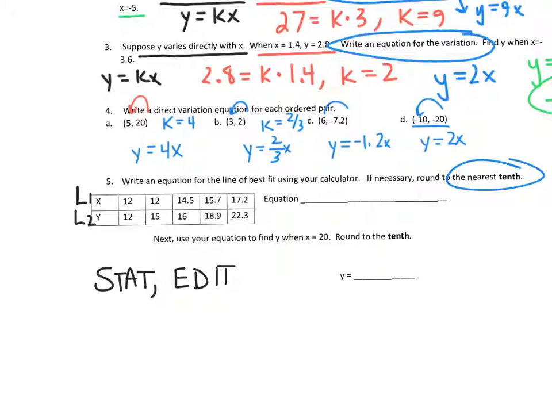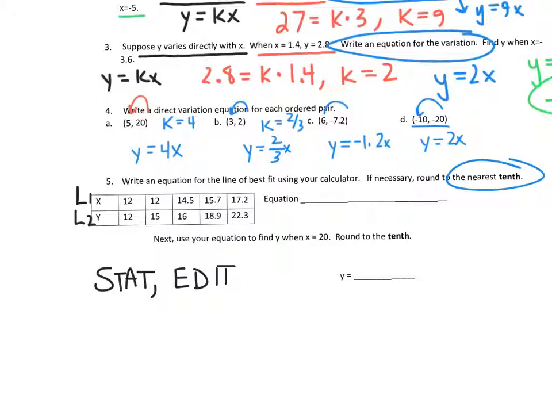So I'm going to go to stat, edit, and then fill in 12, 12, 14.5, 15.7, and 17.2 for my L1. And my L2 directly across from it, so 12 goes with 12, 12 goes with 15, 14.5 goes with 16,